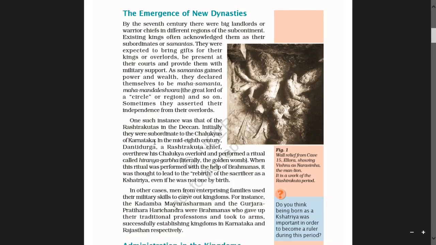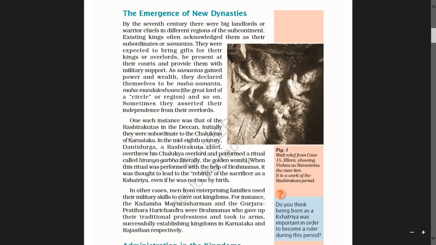Initially, boys, they were subordinate to the Chalukyas of Karnataka, these Chalukya dynasties of Karnataka. In the mid 8th century, Dantidurga, a Rashtrakuta chief, overthrew his Chalukya overlord and performed a ritual called Hiranyagarbha, literally the golden womb.